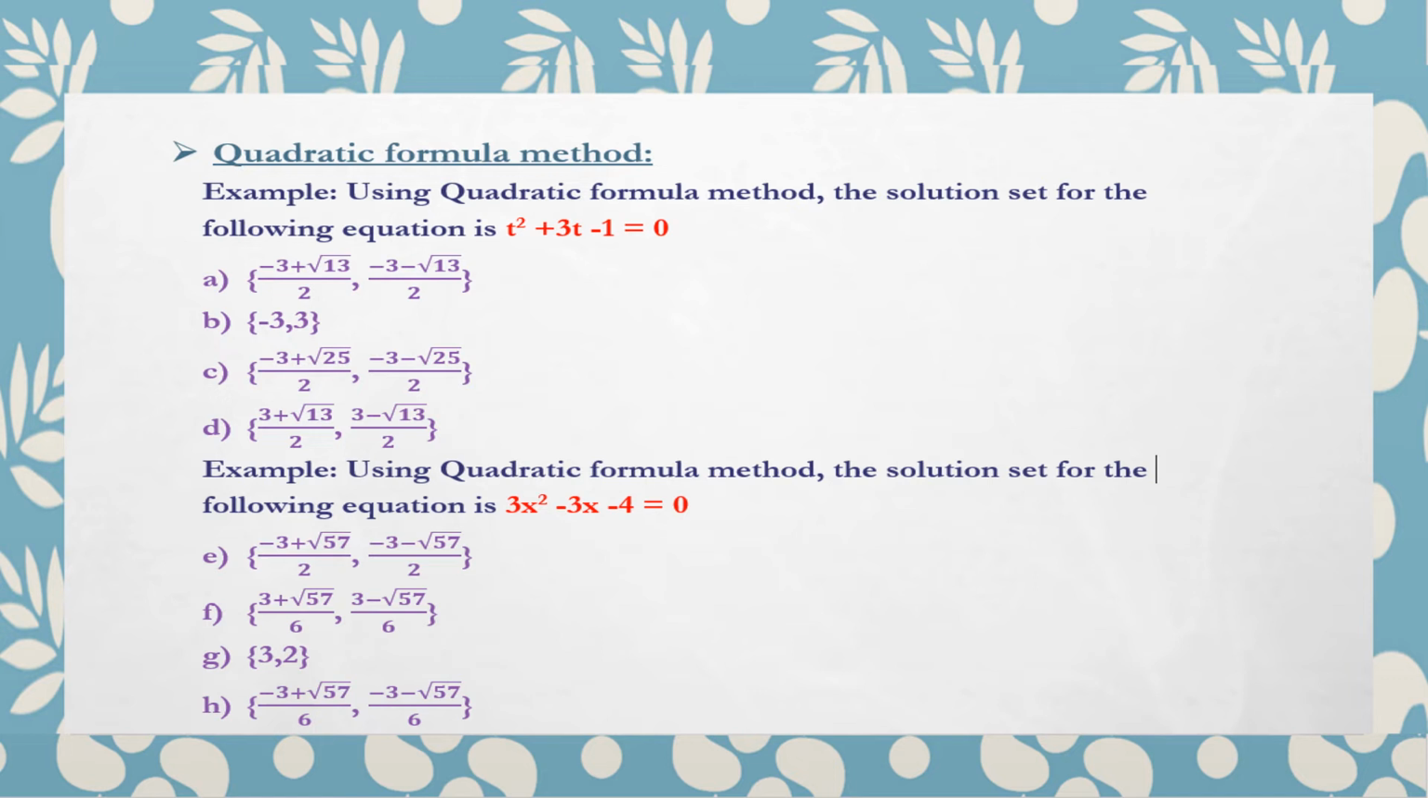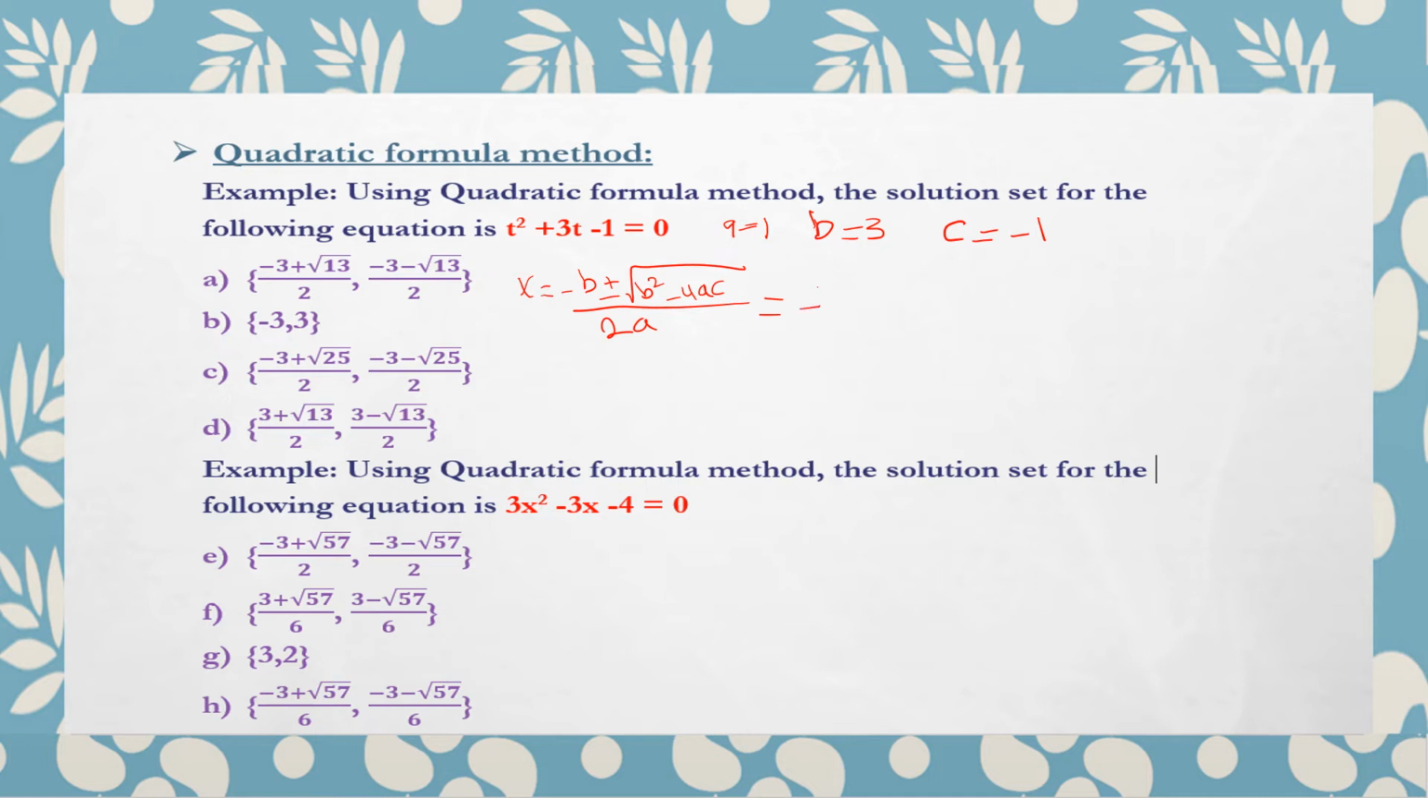By using the quadratic formula method, find the solution set for the following equation. First, we have to find a, b, and c. So a equals 1 and b equals 3, where c equals minus 1. By substituting the values of a, b, and c in the general formula, which is x equals minus b plus or minus square root of b squared minus 4ac over 2a, this equals